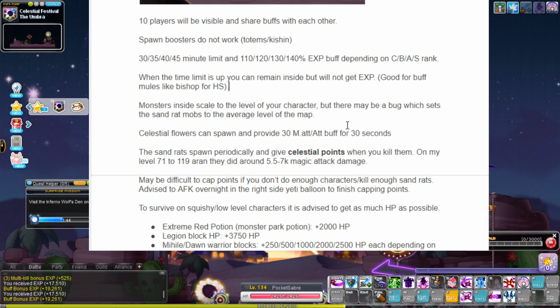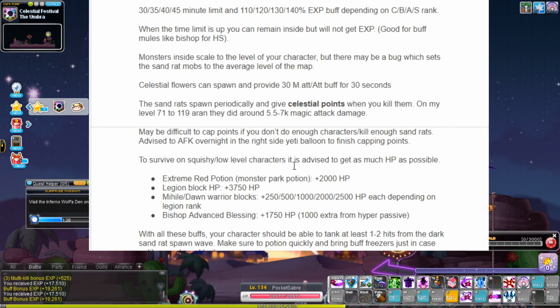You can still kill them, but they're going to do a lot of damage for you. I've noted here that as I was training my Iran, I was taking 5,000 to 7,000 magic damage per hit. So if you're not careful in your low HP class, you can die very quickly and very easily. I have a list of recommended HP boosters for low level and squishy classes that will help you not get